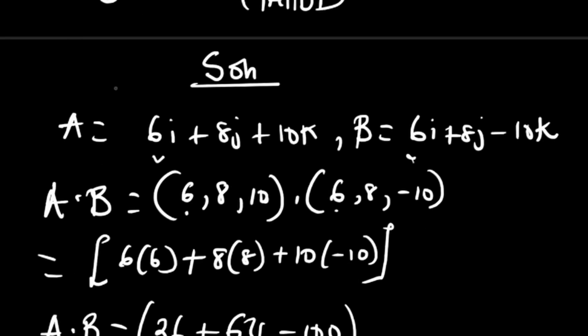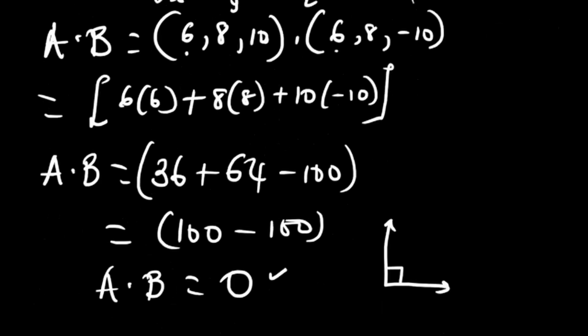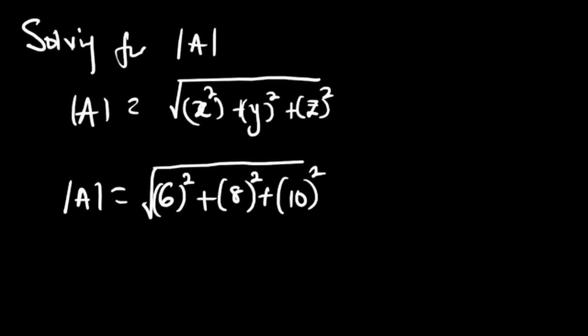Here we have that our vector A is 6i plus 8j plus 10k. And then I explained to you that the i represents the x component, the j represents the y component, and the k represents the z component. So that's it. Now, we say the magnitude of vector A is equal to